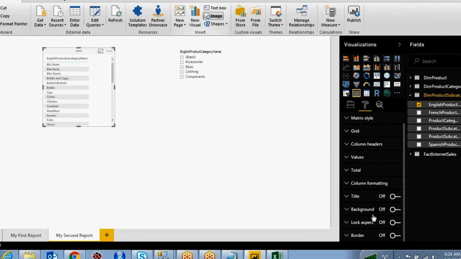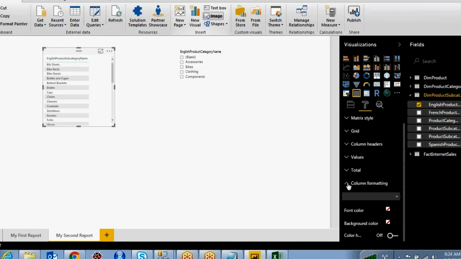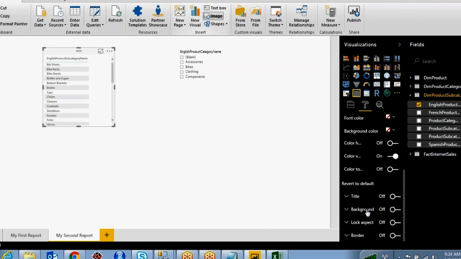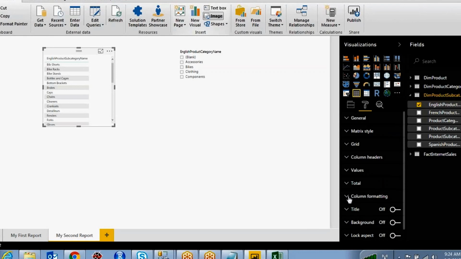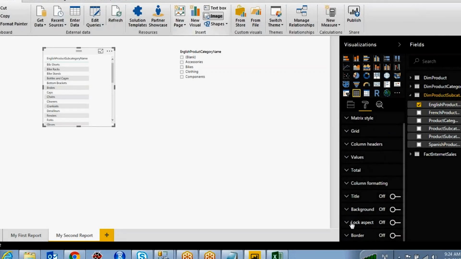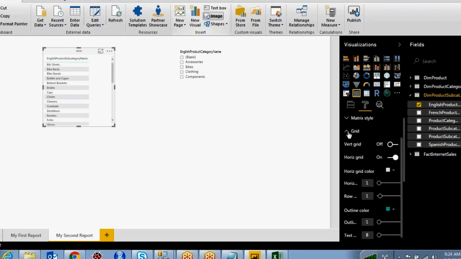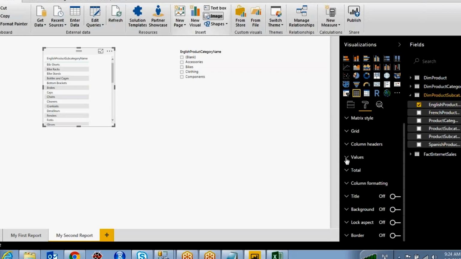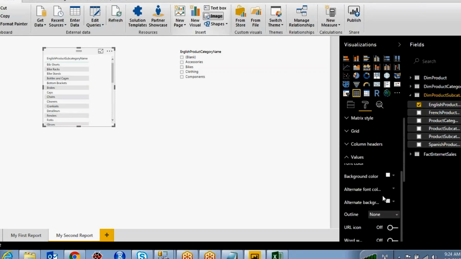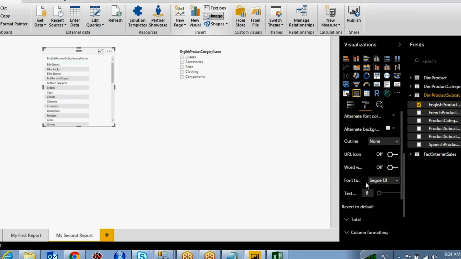Here you can change the values, create this matrix, font size, you have to increase, where you can increase the size. This is grid format and font.